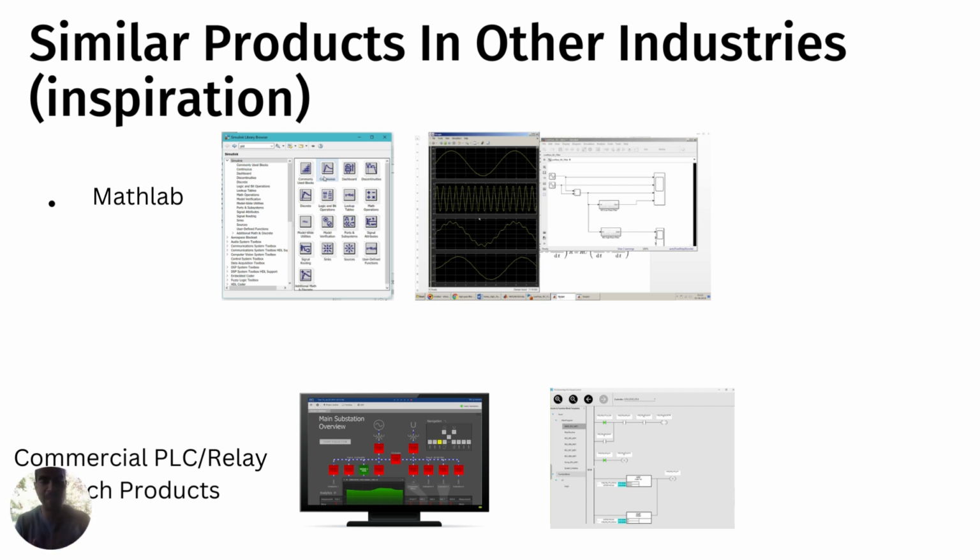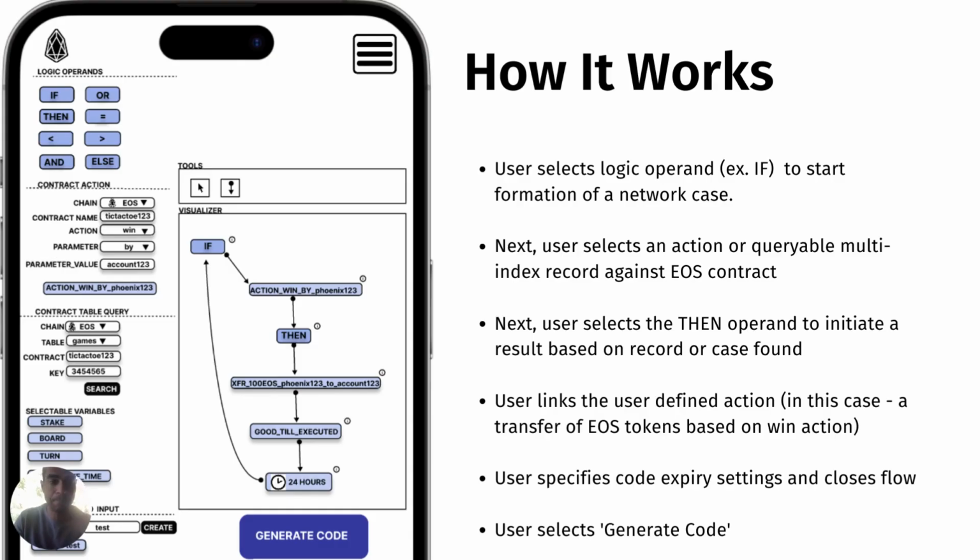So you look at things like MATLAB, or commercial PLC-based products that allow you to architect a solution and express it for other engineers or users to interpret, right? You have these customizable blocks that have continuously been tested and are robust enough to deploy, and then commission those into a larger sophisticated system.